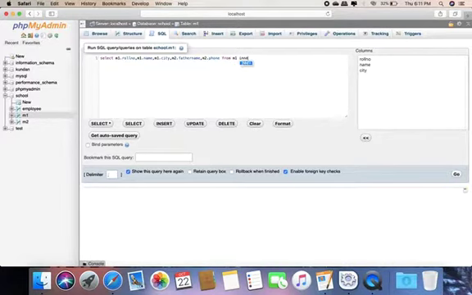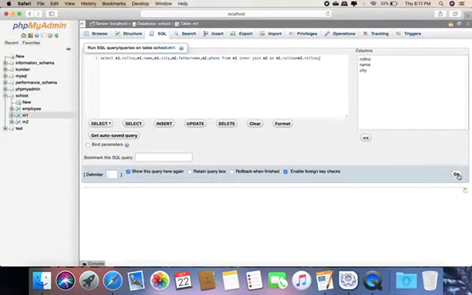I use inner join M2 on M1.roll number equal to M2.roll number. So I write this query.